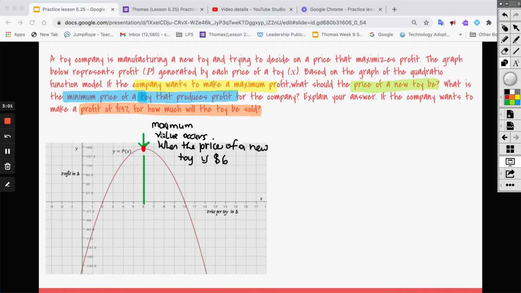Now, the second part of what we're answering is what's the minimum price that the company needs to sell a new toy for in order to make a profit? So what we're noticing is we need to pay attention to our x-intercepts, and at our x-intercepts, the company is breaking even. They're not making a profit because the profit is zero. So what that means is that the minimum price